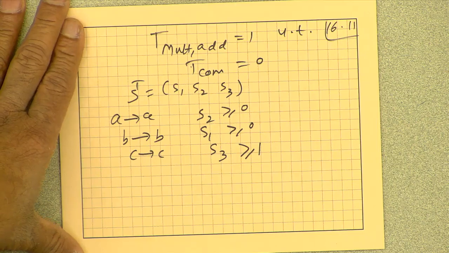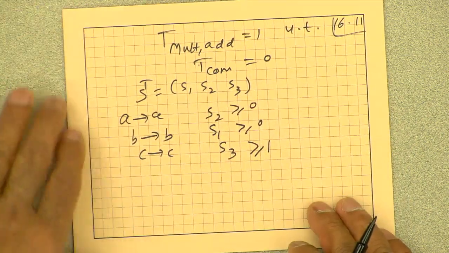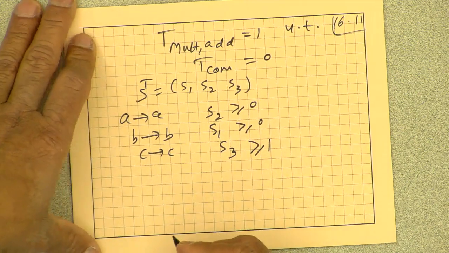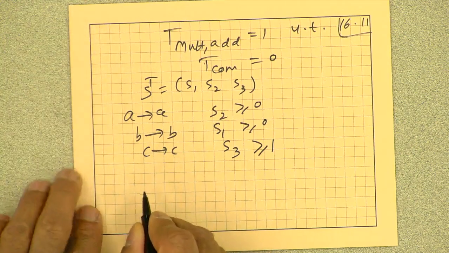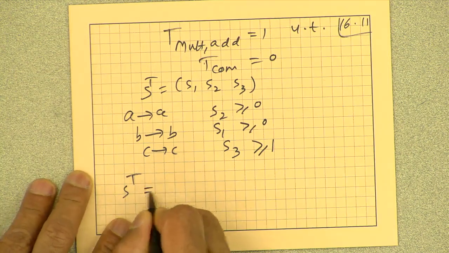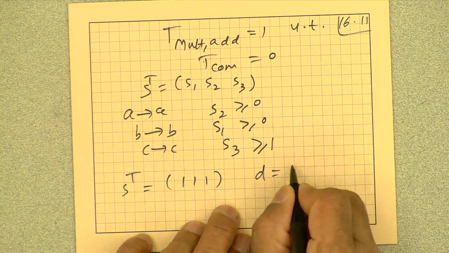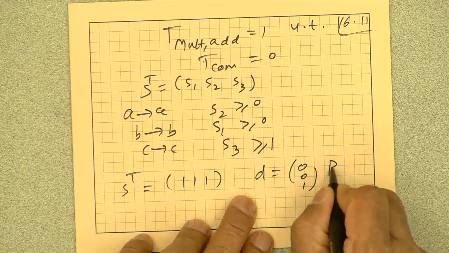and now we can just design thousands of systolic matrix multipliers. These constraints are easy to satisfy. So, let me just take a couple from the book, and then maybe we'll talk some more about other possibilities. So, if I take S transpose as 1 1 1, D is 0 0 1, P transpose.